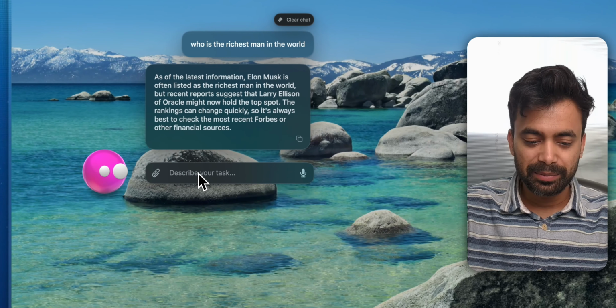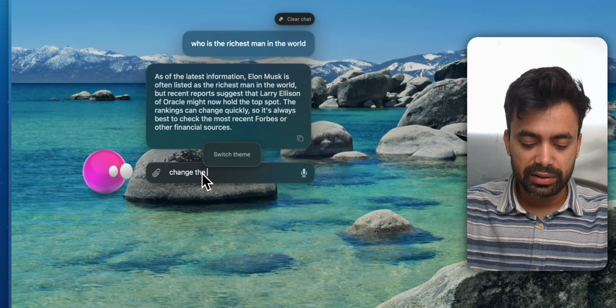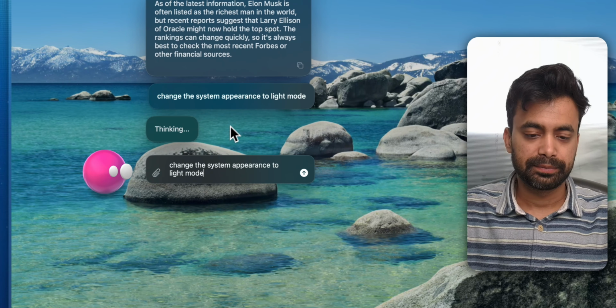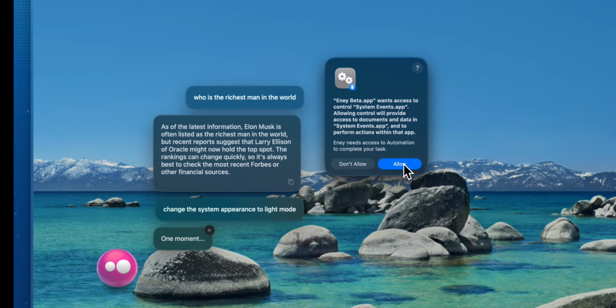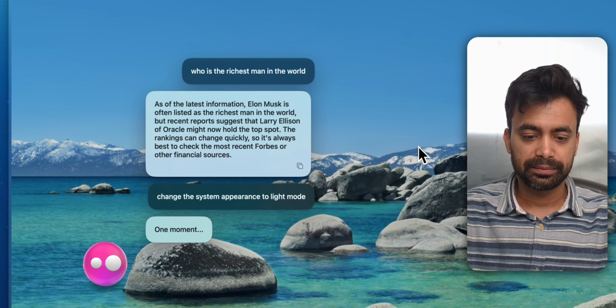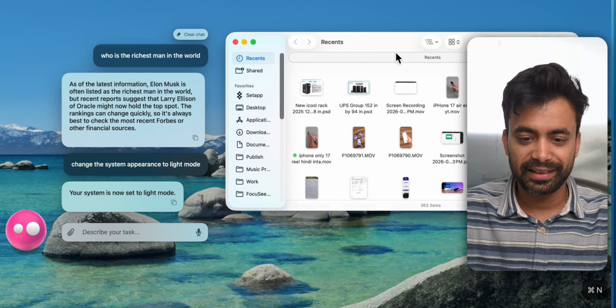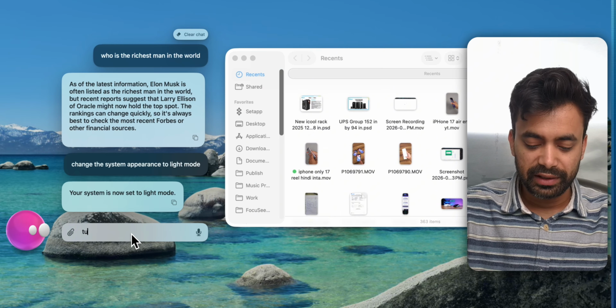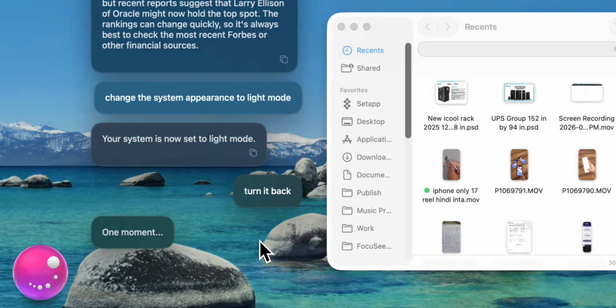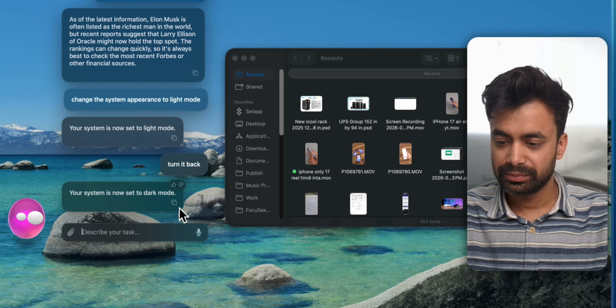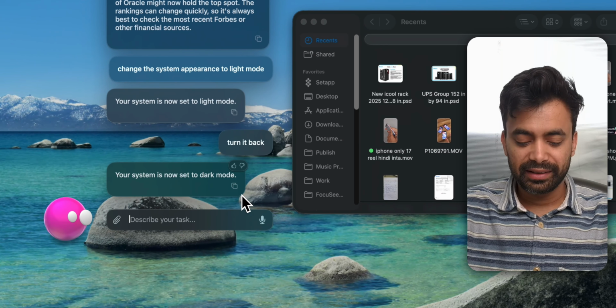If I just ask it to change the system appearance to light mode. So we need to provide permission. So yeah, it has done it. So if I ask it to turn it back, yeah, see how easy it is. Let's also create a task like